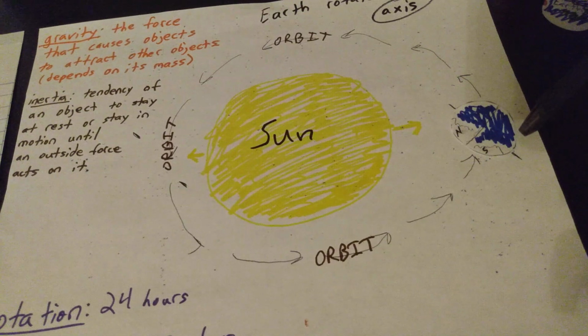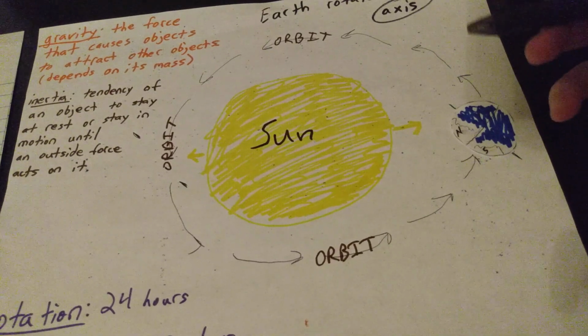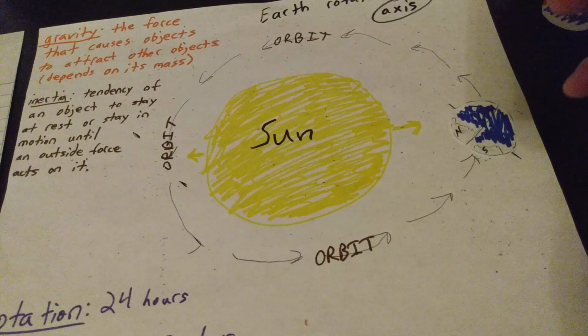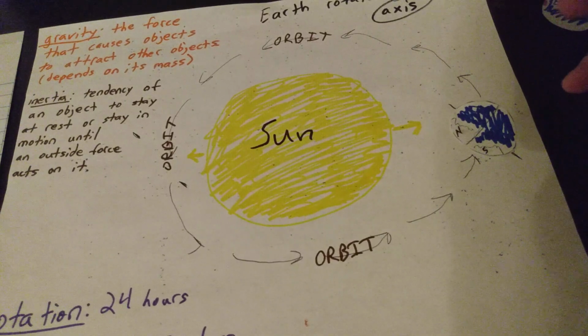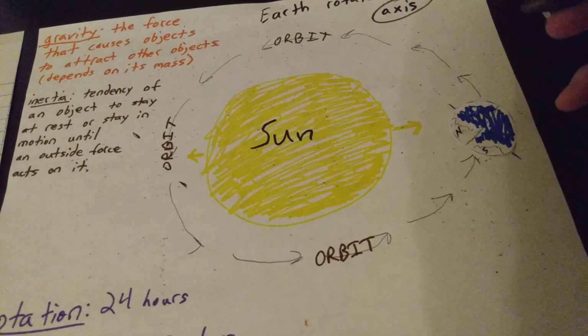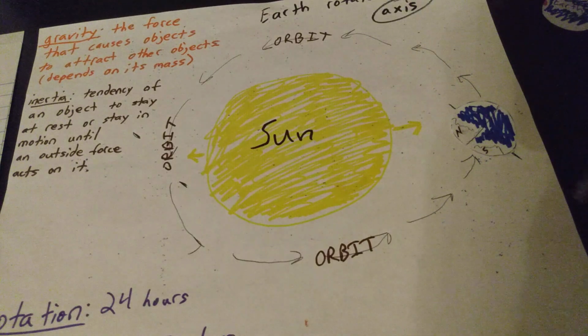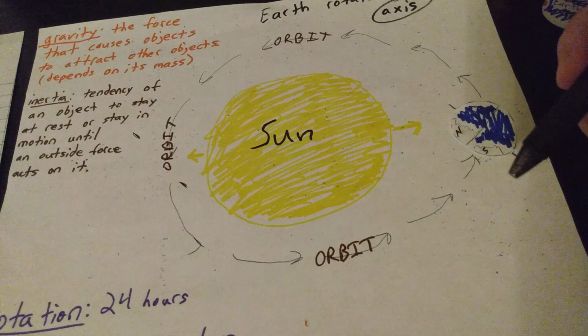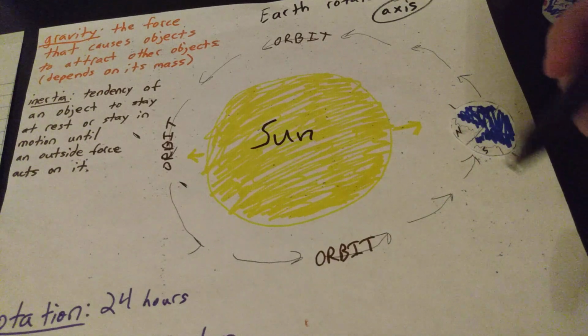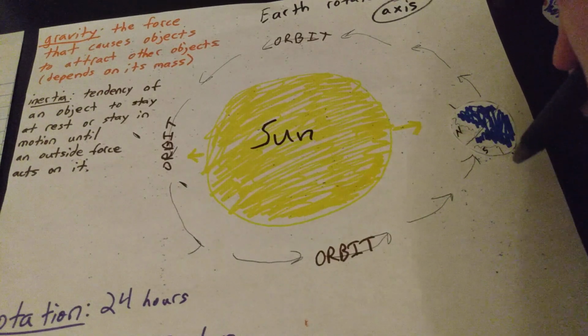All right, so there's probably a lot to that. These videos were a little bit longer. So we talked about inertia, gravity, rotation, revolution, Earth's tilt, its axis, its orbit, and why seasons change. I know there's a lot to that,